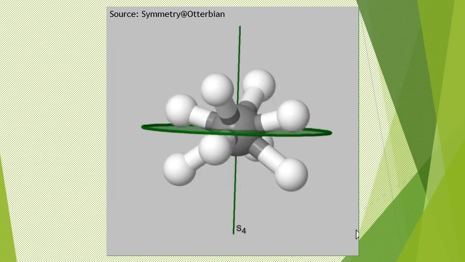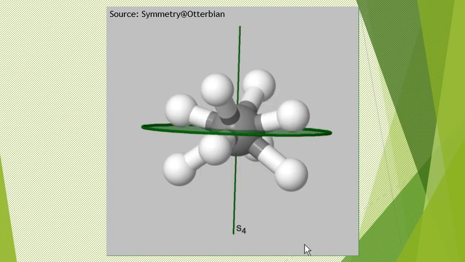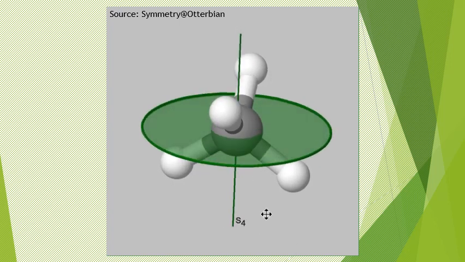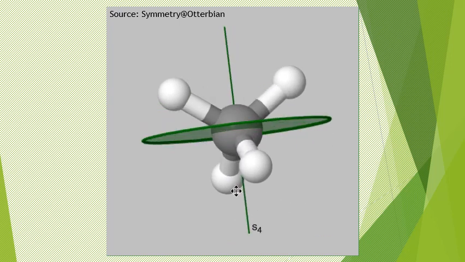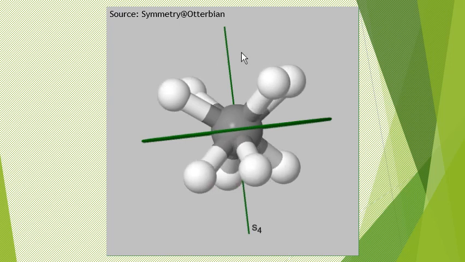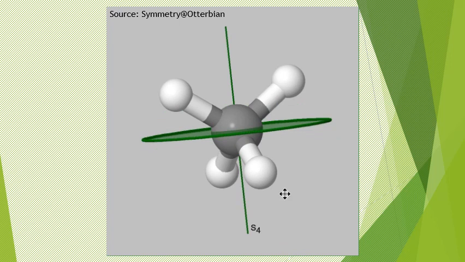So it is C4 followed by sigma. The molecule gets rotated by 90 degrees. One more time we can see the same. So this to this position, it will result in a 90 degree rotation. From here it is a reflection operation, which results in an indistinguishable or equivalent orientation. Therefore this molecule has an S4 axis of symmetry, right? So we can even view it along, say, this plane. Now, clearly we can see from here to here, sorry, not C2, C4 followed by sigma. So this is the S4 axis for this molecule, right?